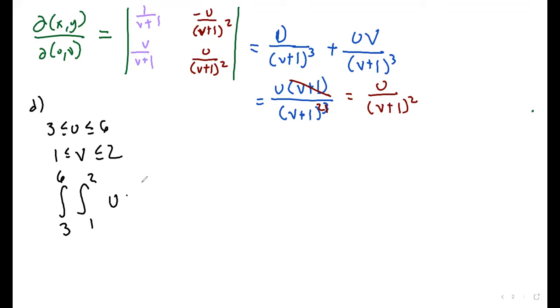Don't forget to throw in our factor of the Jacobian, u over v plus 1 squared, dv du. This should be absolute value, but in the region that we're considering, u over v plus 1 squared is always positive. So here's our integral, and my notes tell me I haven't made any mistakes. We get 21 over 2 as a final answer. Relatively straightforward to get there. Okay, so that's one of the two problems I owed you at this